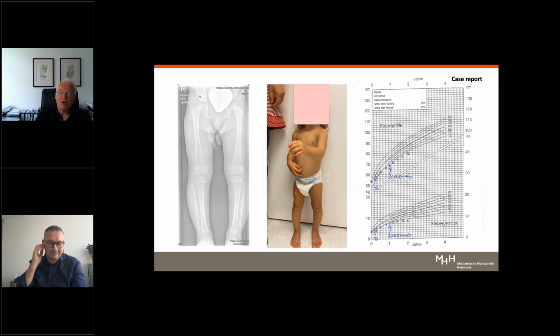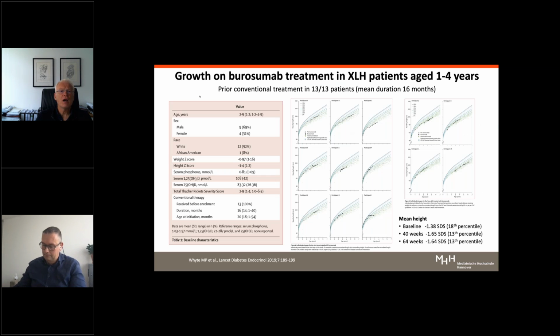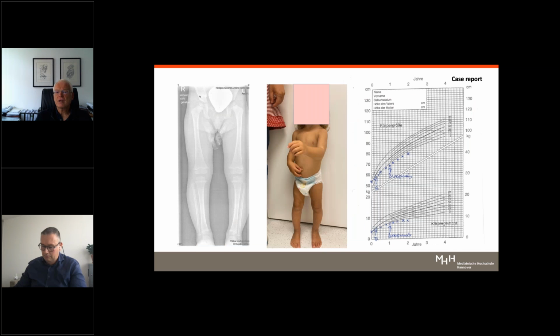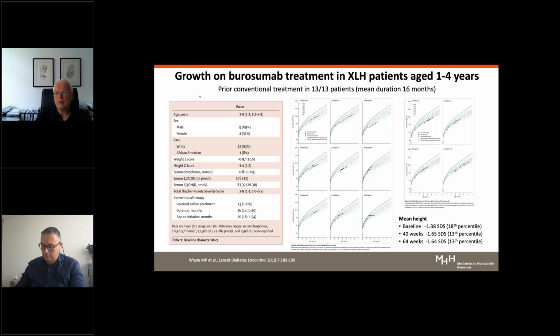And unfortunately, the growth was not improved. And at this time, the clinical studies had just come out with small children with XLH treated with burosumab, and this poor growth outcome was just, I have to confess, typical, because in the clinical studies the mean height was not significantly increased in those children, but the authors from this paper